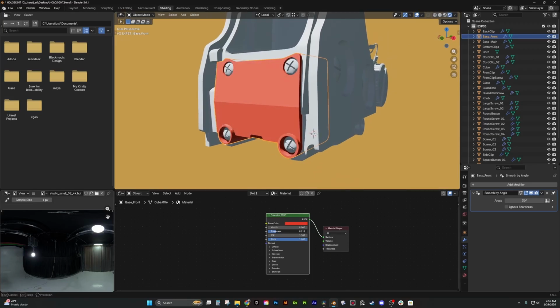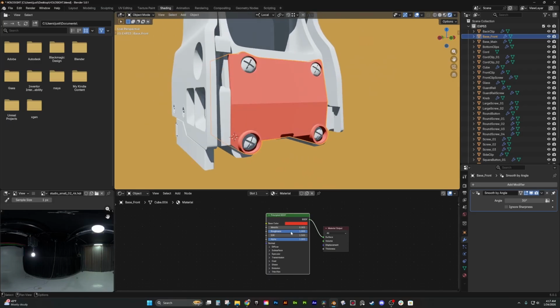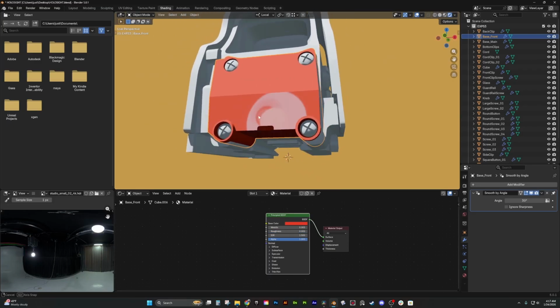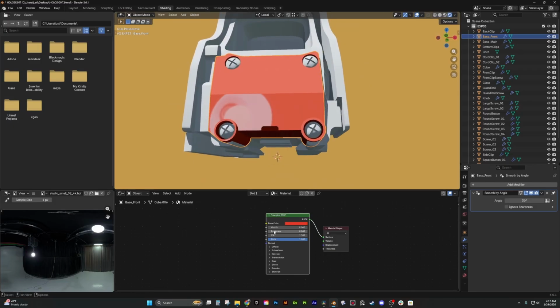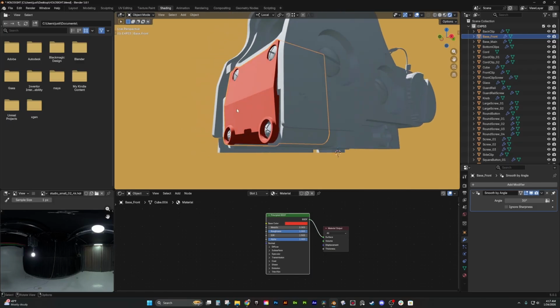So the roughness is the amount of shine. If it's fully rough, there's basically no shininess to it. And if it's not rough at all, it means it's going to shine a lot. We could start seeing the reflection of that HDRI that we put in because it's so shiny. But if we smooth it out or diffuse it out because it's getting rougher, then it's pretty much not interacting